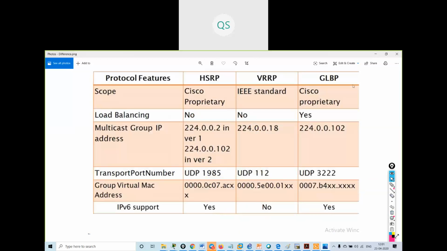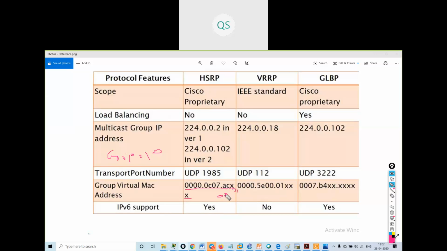The virtual MAC address will be seen in this format for HSRP, and this X value will hold the group number. Suppose I am using group number 1, then this XX will have a value of 01. Suppose I'm using group 10, then it will have a value of 0A, because A represents 10.